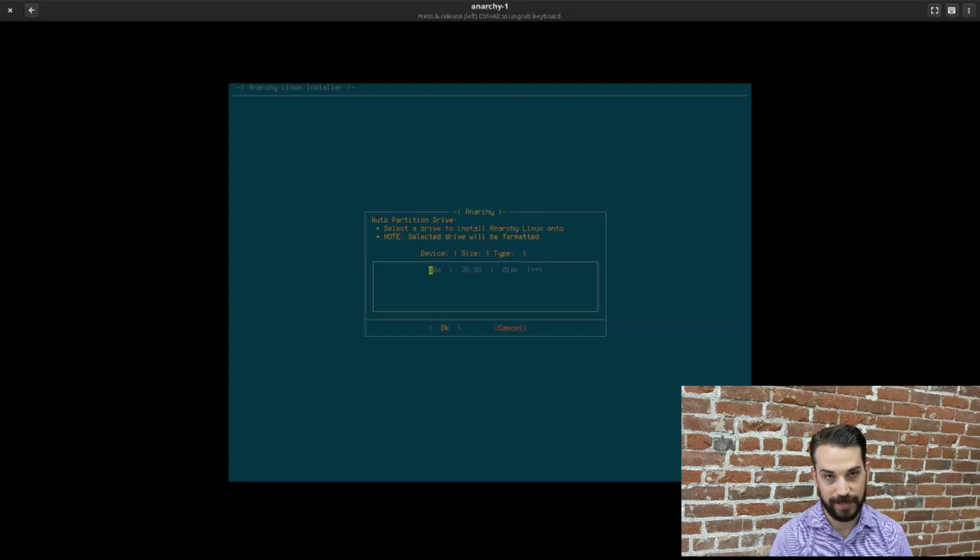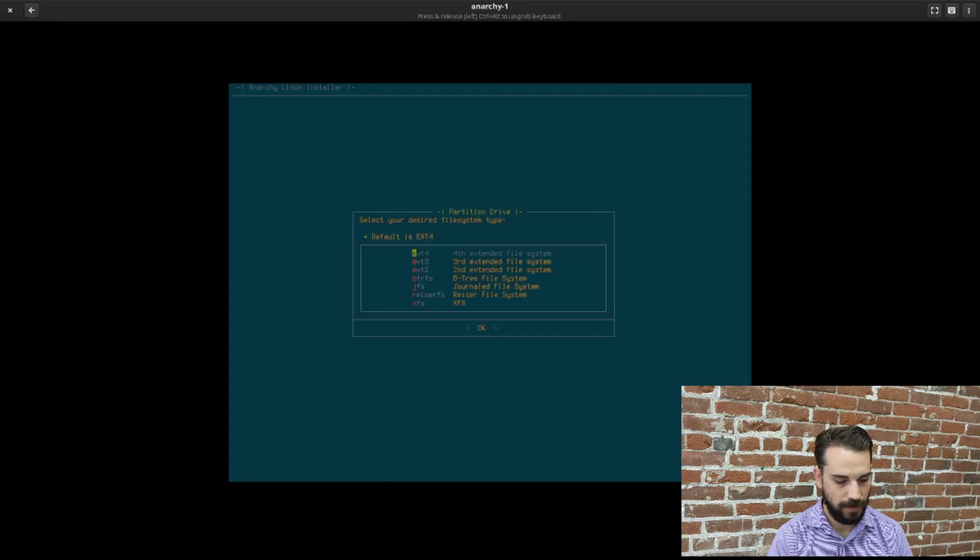I'm going to select my drive here. The only one available is my SDA. And now you can select your file system here. Again, really powerful tools that they've included. It doesn't just default to ext4, although that's probably what I would recommend if you don't know what the other